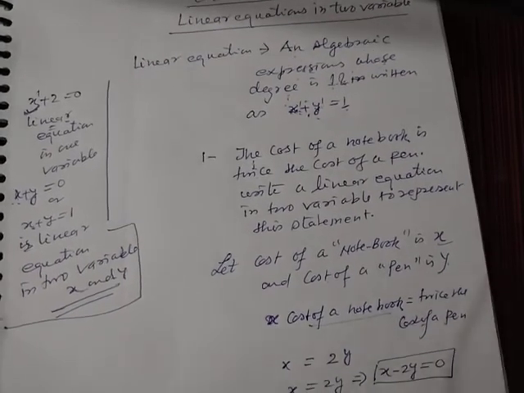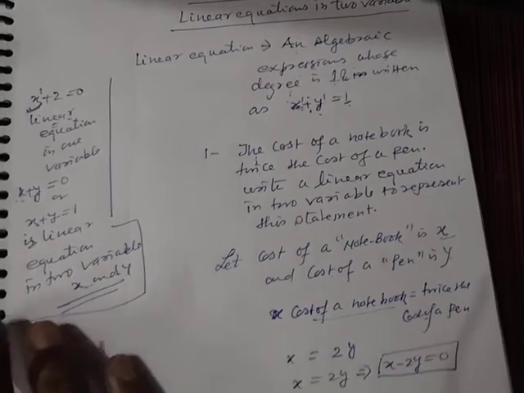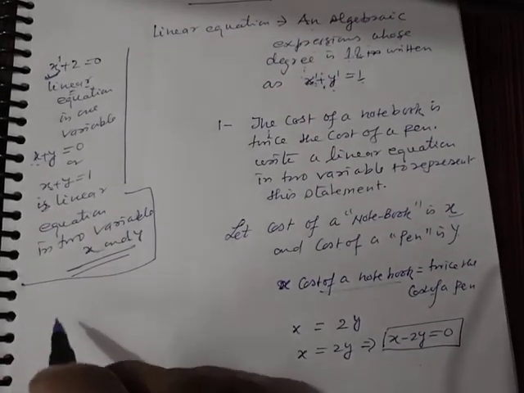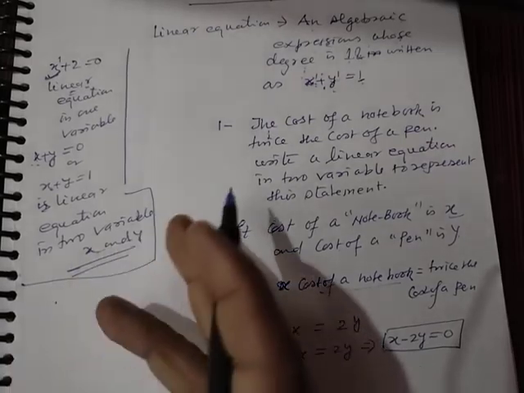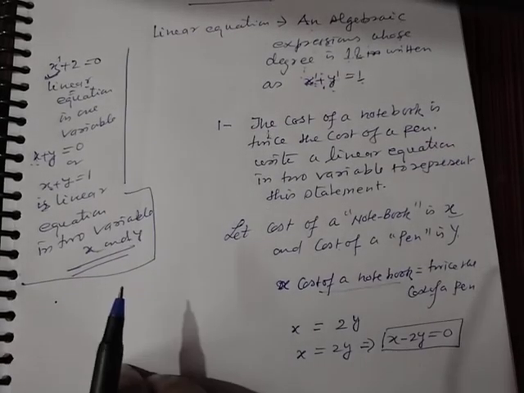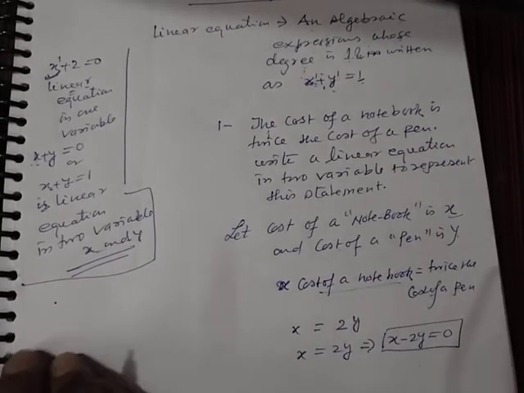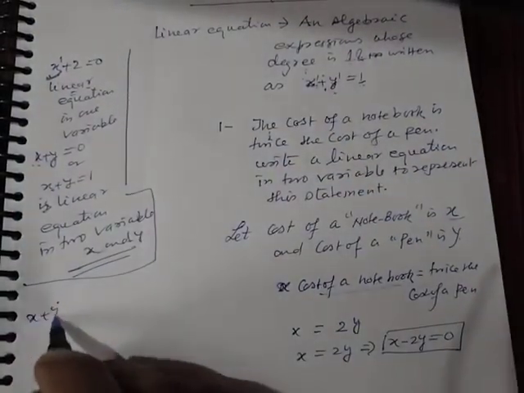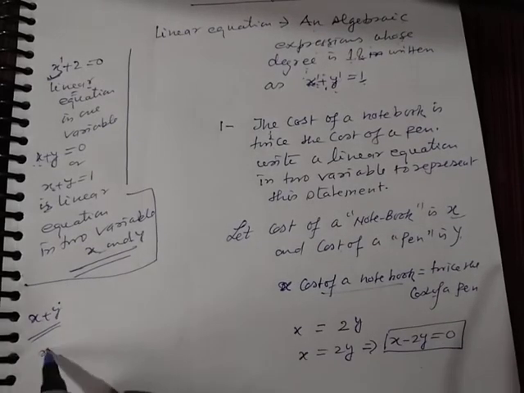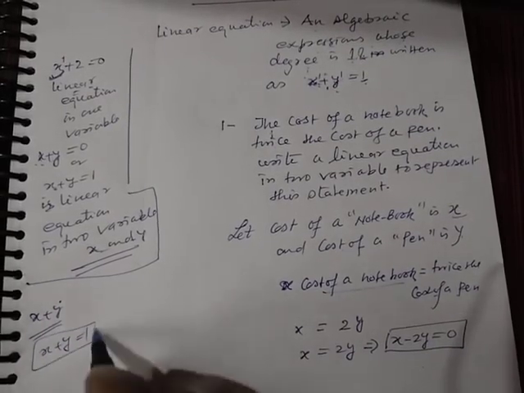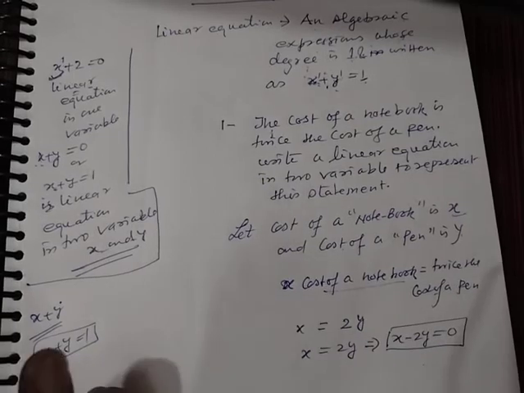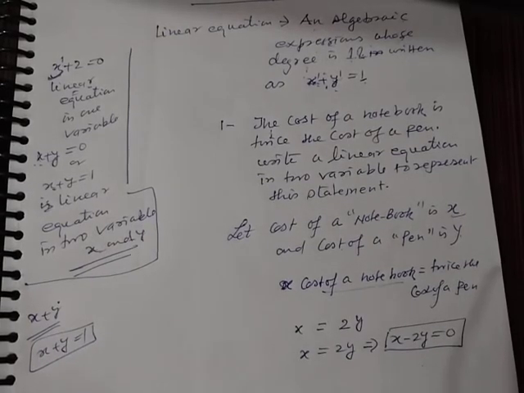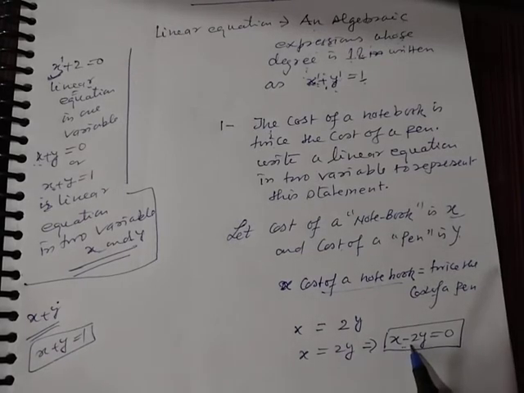What is the difference, student, between a polynomial and an equation? The difference is that in a polynomial there is no RHS, and in an equation there is RHS. That can be anything. So if you write only x plus y, that is a polynomial. If you write x plus y is equal to 1, this is an equation. In an equation, the right hand side must be present. Okay, I think you have understood. So that is the linear equation representation of question number 1.